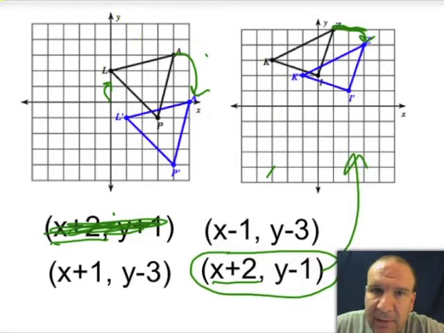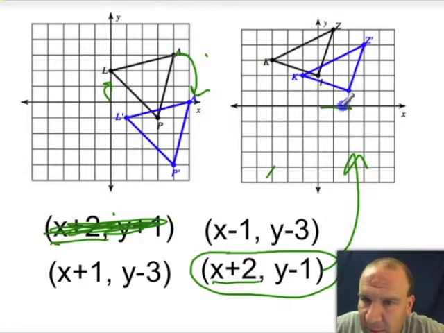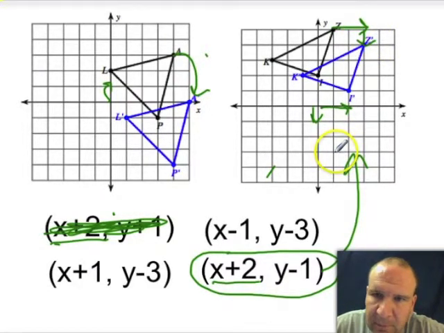Why is it my answer for this one? Well, let's look at it. Let's look at the rules. The rules: x plus 2. So I have to go 2 spots to the right. And this goes 2 spots to the right. And my other rule for y is y minus 1. So I have to go 1 spot down. And this goes 1 spot down. So I know it matches up. Okay. Now,